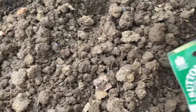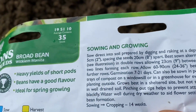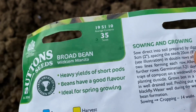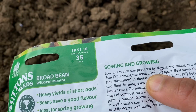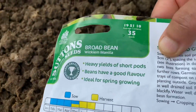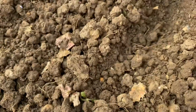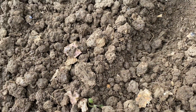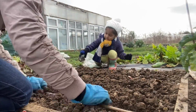Broad beans need quite a lot of space, more than what you actually think. The packet also says how much apart they should be. So the rows should be 9 inches apart. I've given 10 centimeters apart, and the seeds should be sown 2 inches or 5 centimeters deep, because they are very tall. They are tall and heavy plants, so they need a deep anchoring for them to stand